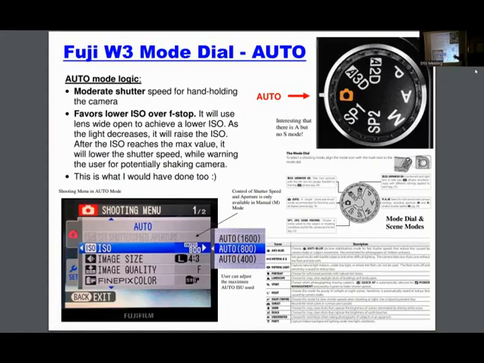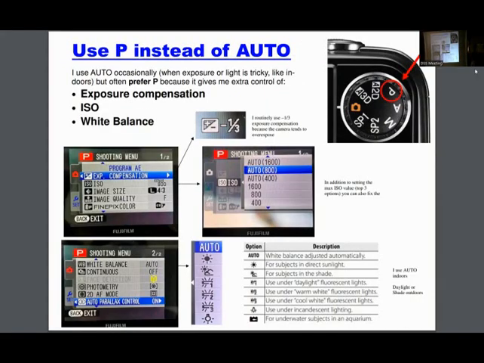And here I'm showing the scene modes from the manual, okay? But I have a better idea for you. Instead of using your Fuji in auto mode, I think you should be using program mode. Let me show you the next one. So program mode, right there, does exactly what the auto does, but gives you 3 more controls that you didn't